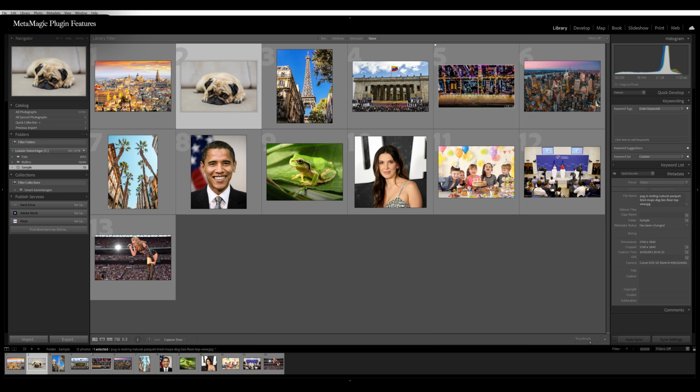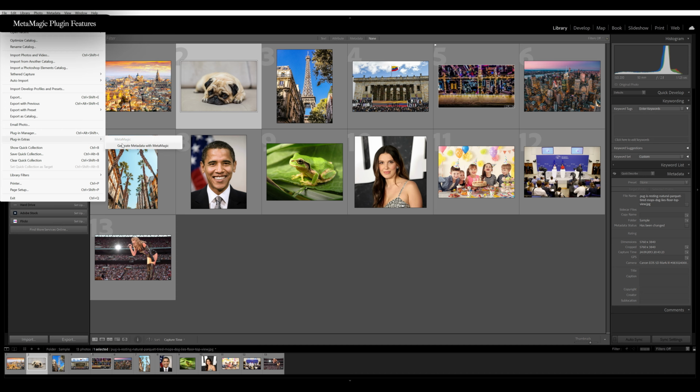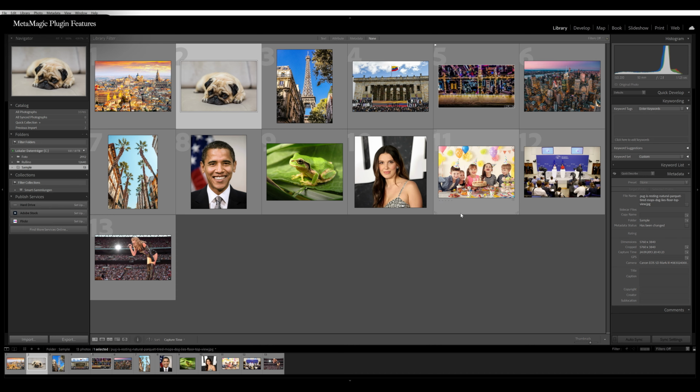This image shows a dog. There is no GPS data, but that's not a problem. We run the plugin again. As you can see, the plugin generated a clean